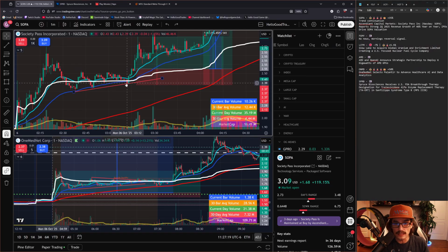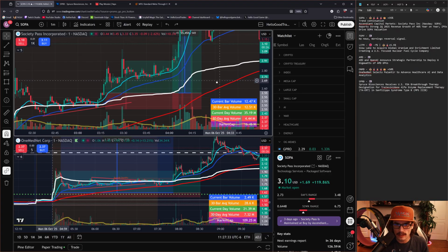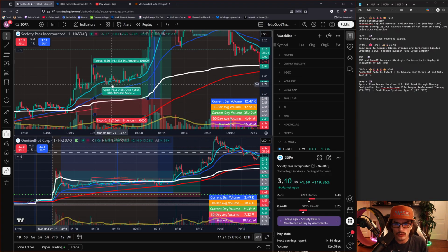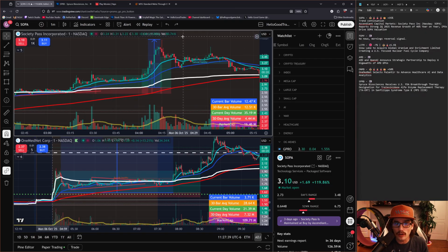Our stop loss is below the order block. This would have been, because of that break of structure, a bullish order block formed right here. And then our stop loss is A, below VWAP, B, below the trend line, C, below the order block. And that gives us a perfect entry model, at which point we go 1-to-1, 2-to-1, 3-to-1, 4-to-1, and 5-to-1, getting